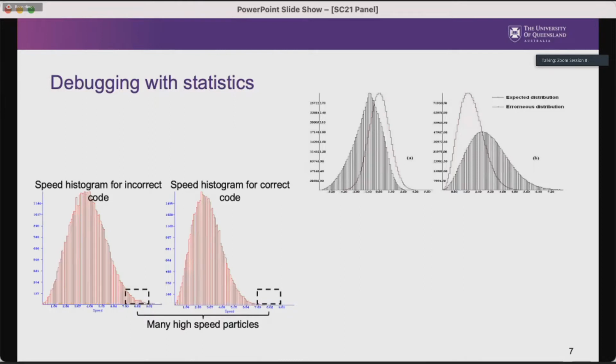So this was an example of a particle code, a Newtonian mechanics code, in which we compute a histogram of the speeds of particles that are moving around and then make assertions about what that distribution should actually look like. And this error was spotted by the fact that there were actually too many high-speed particles in there. So when you can start to write assertions about the data structure and allow the debugger to reason about what's going on inside the code, that also becomes very powerful.